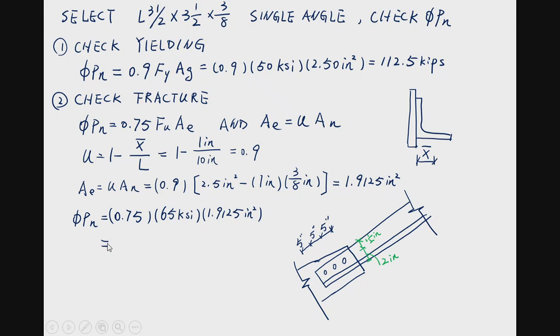And we get the phi VPN of 93.23 kips. So we notice that this one is smaller than VPN based on yielding, right? Okay, and then next step is